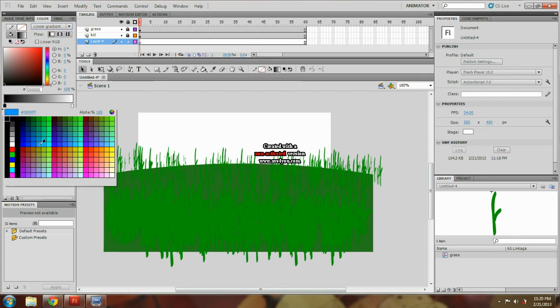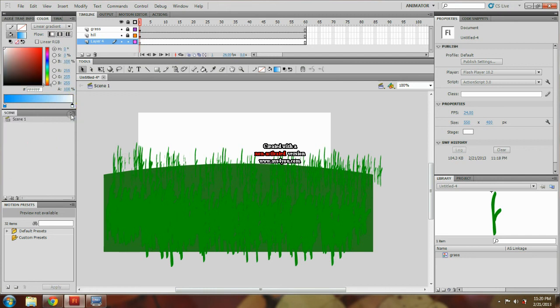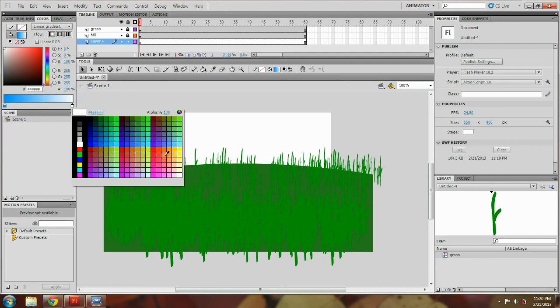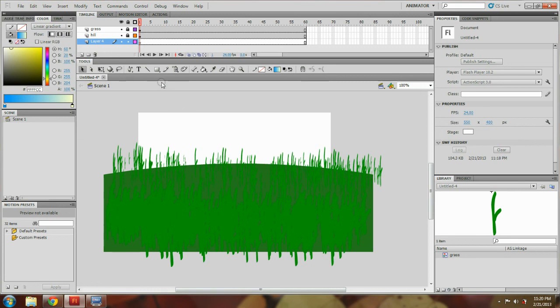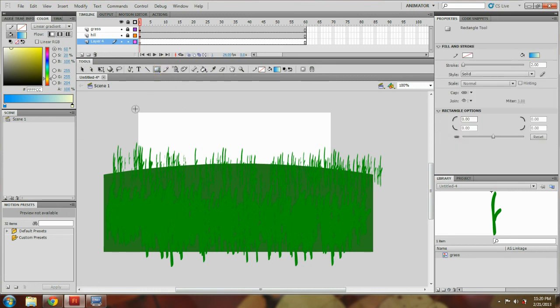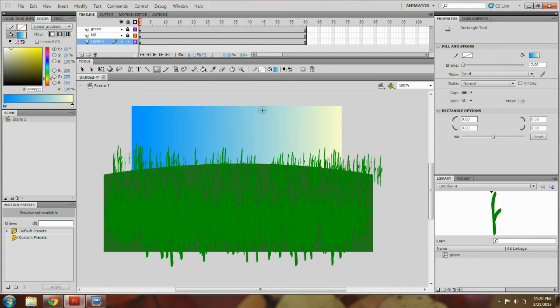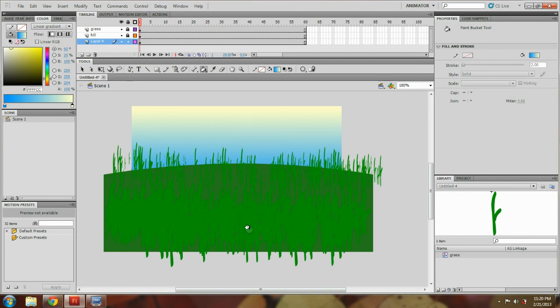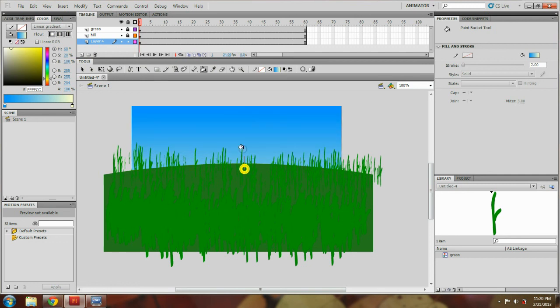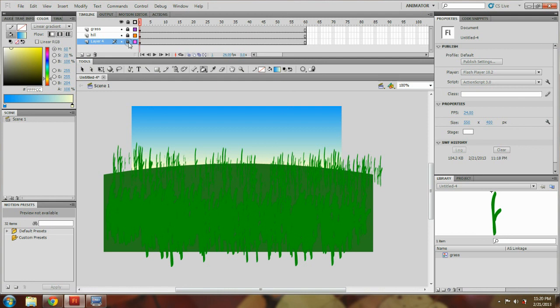I'm just going on here, doing this kind of nitpicky stuff, just like my scene to look complete. So we are using the gradient tool. As of right now, I want my gradient to be the other way, so I'm going to hold Shift as a gradient tool, and I'm going to, wrong way, adjust my gradient over here. Let's see, I think that looks good. So I'm going to call this